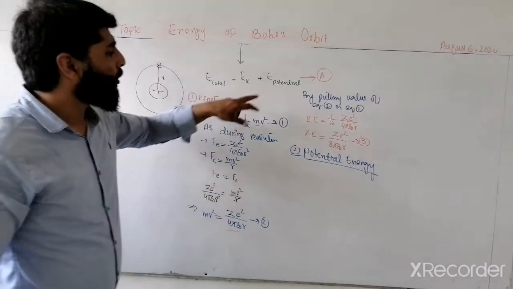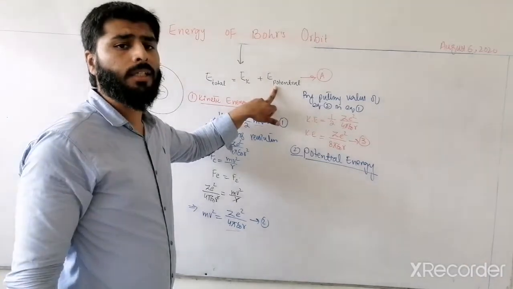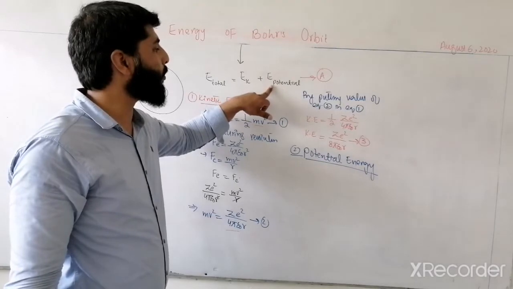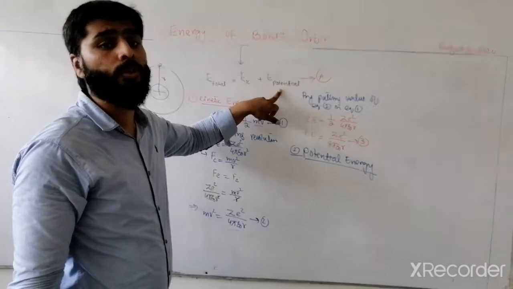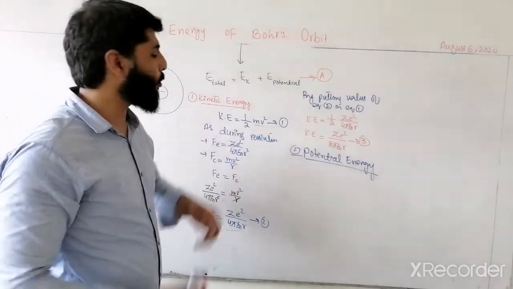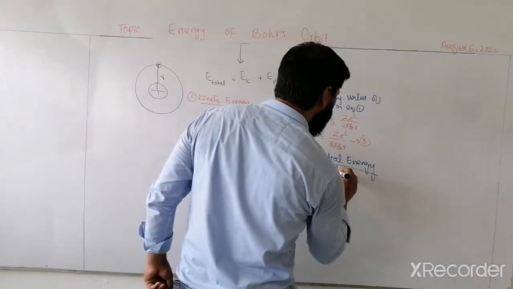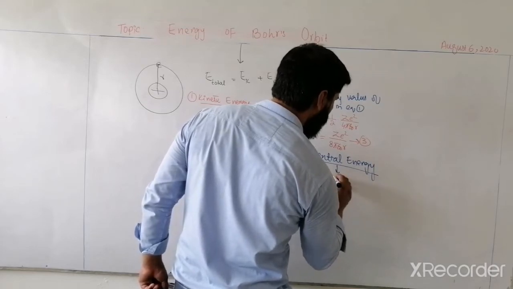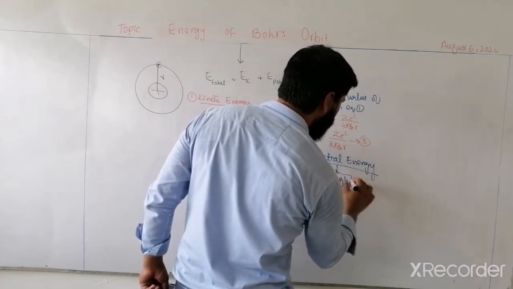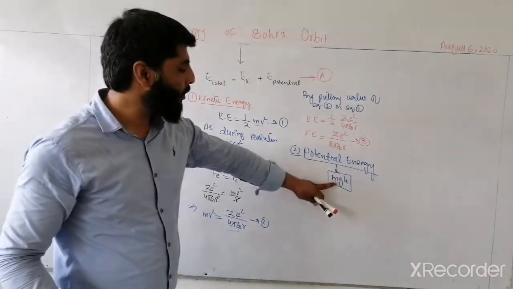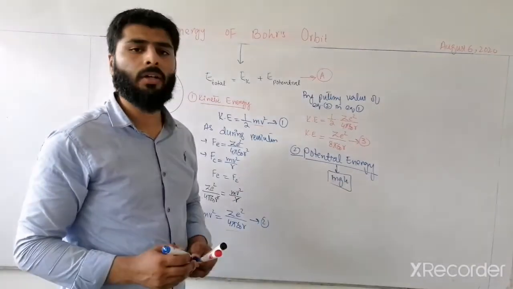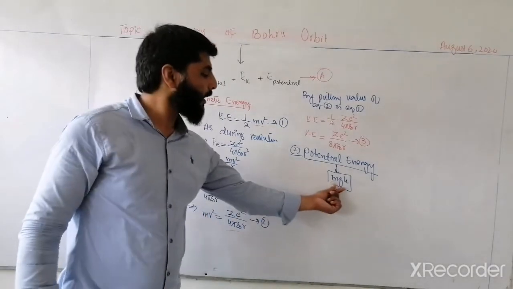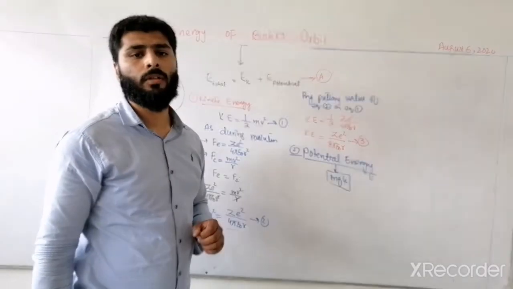Students, you know that potential energy is the amount of energy stored in a body, or it is the energy of a body due to its position. So potential energy can be calculated as the energy due to the position of an object, mgh. What is mg? mg is the weight and h is the height or distance of the object. Means the energy due to the position of an object.